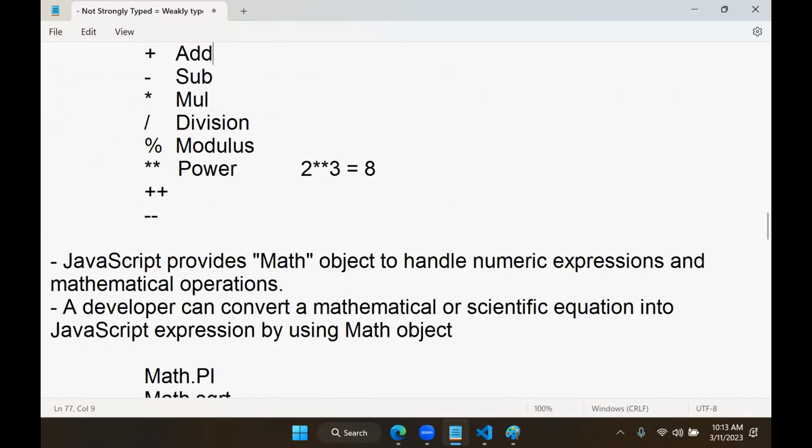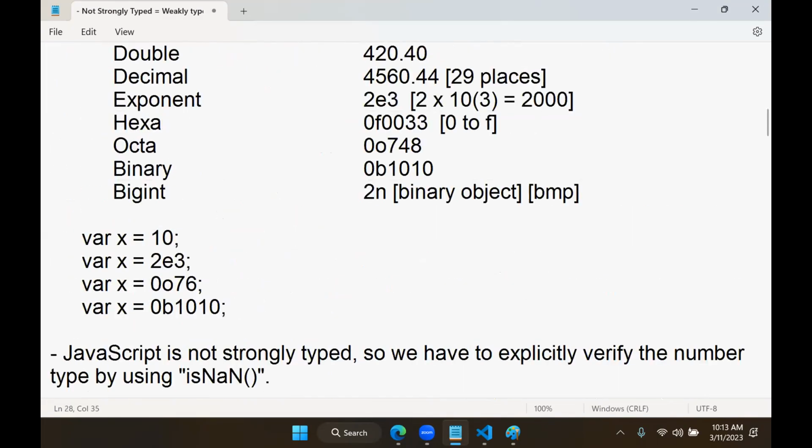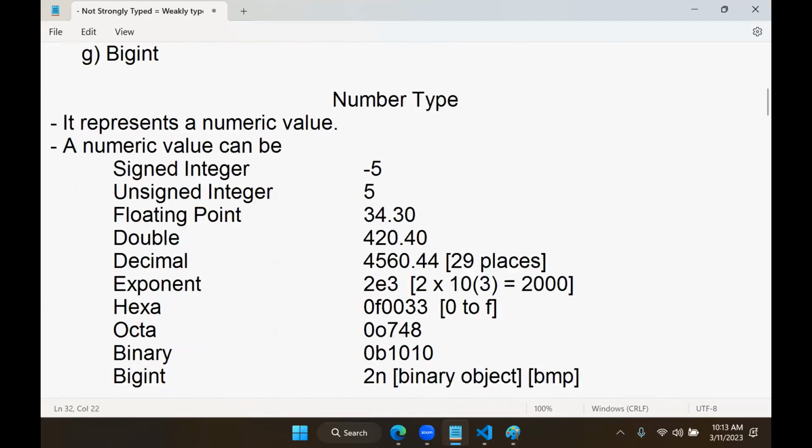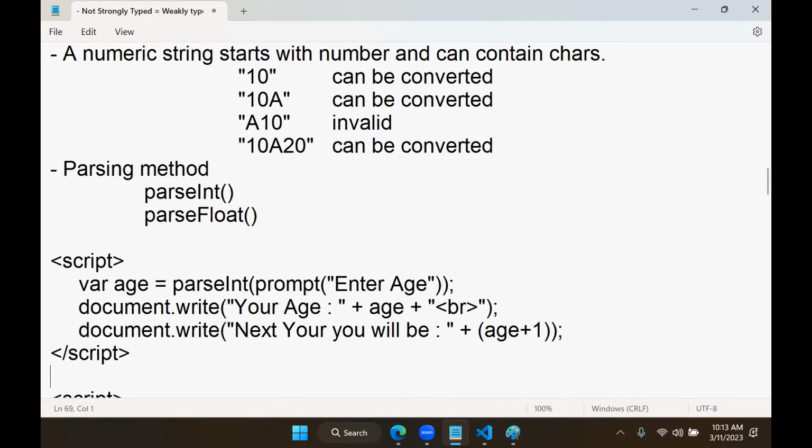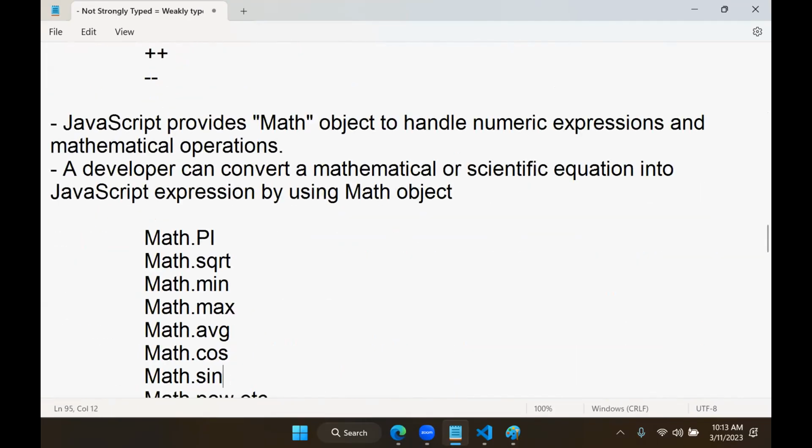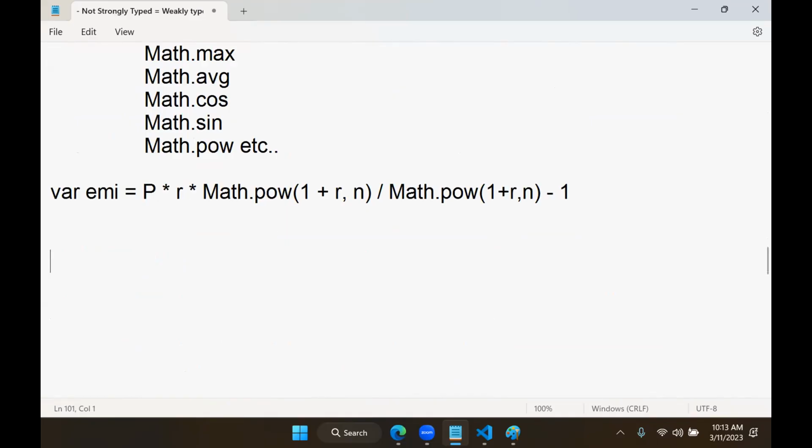This is all you need to know about number type. And one more question here is, how does a developer know whether the type is a number or not? One concept is NaN. NaN is to compare whether the input value is a number or not, right? So you can use the typeof operator